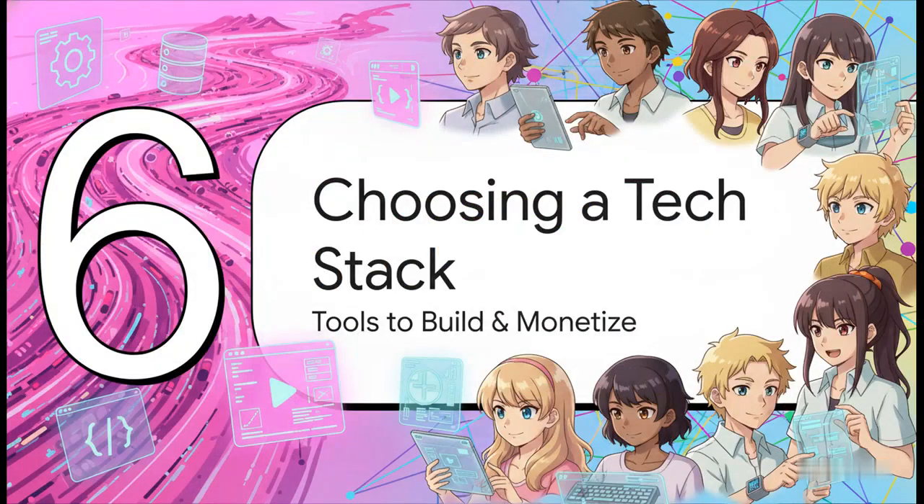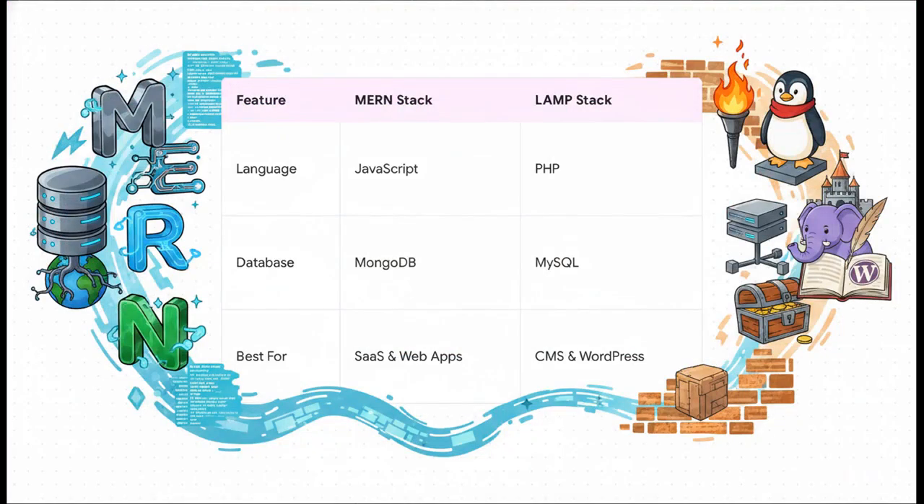Finally, let's wrap up with Section 6, choosing your tech stack. These are the tools you need to build and monetize. Here, we're comparing two massive industry standards, the MERN stack and the LAMP stack. MERN stands for MongoDB, Express, React, and Node. It uses JavaScript across the entire full stack, and it is perfectly suited for modern, API-driven SaaS web apps and